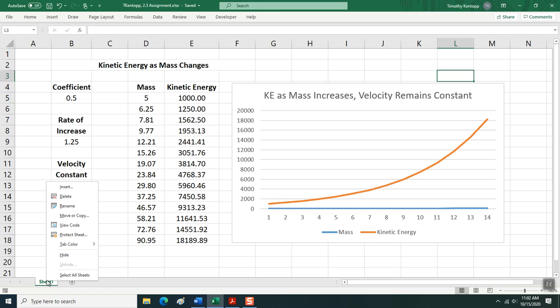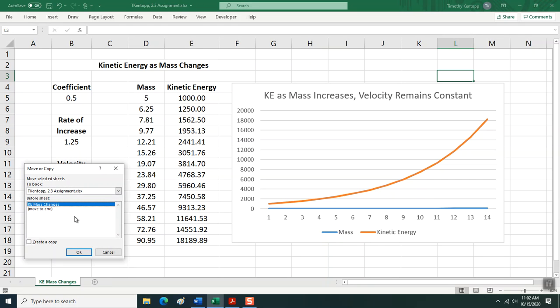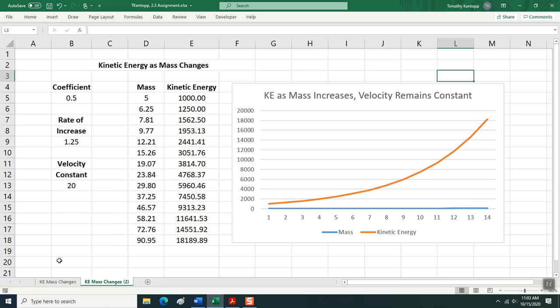I'm going to rename this sheet, and I'll call this KE mass changes. And now I'm going to right-click it, and I'm going to copy this. I'm going to move it to the end and create a copy and say OK. Well, now it looks like I actually do have a complete copy of the